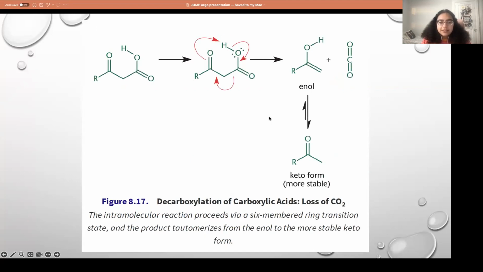And then the next thing is decarboxylation, where you lose a CO2. This can happen within a molecule, so intramolecular, and as you can see, the attacks going on. As I mentioned before, tautomerization is going between the enol and keto form. Keto is more stable, where you're double bonded to the O, but you could also have the O single bonded next to a double bond between carbons. This tautomerization can also happen not just for oxygen, but also with nitrogen, like imines and enamines. And for this specific reaction, decarboxylation, you're losing a CO2.